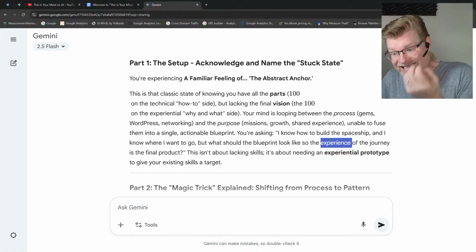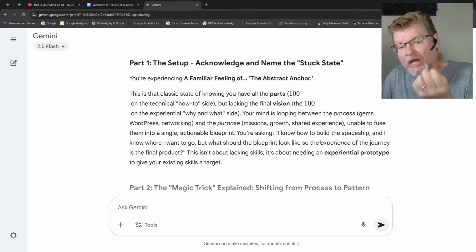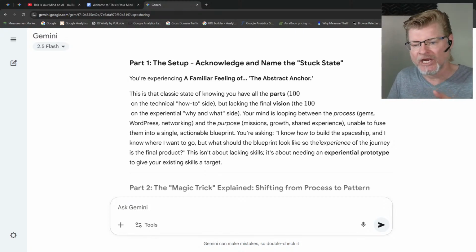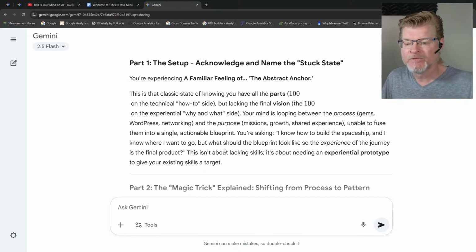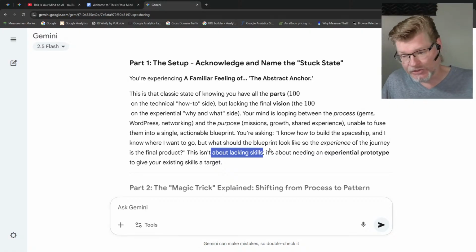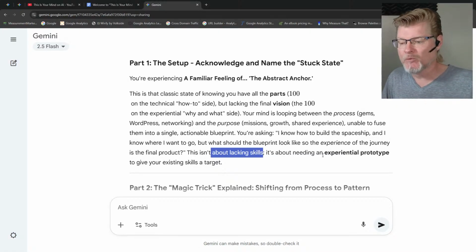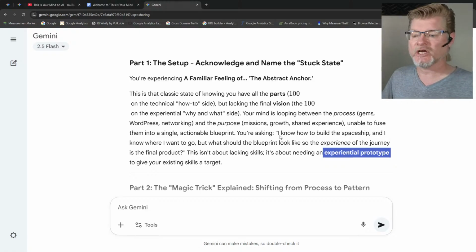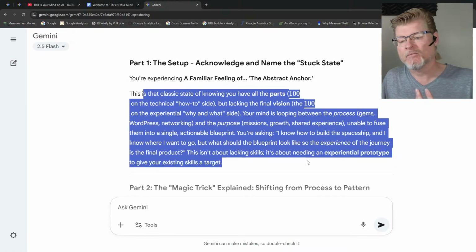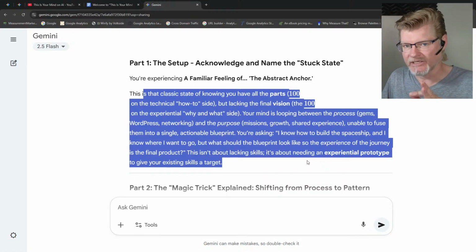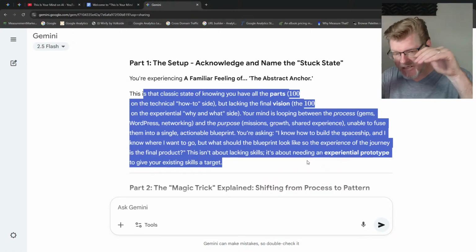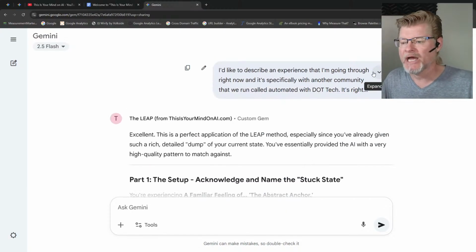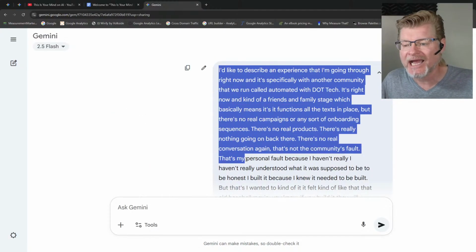So that's exactly what I do not know how to clearly define, which is why I'm not building this, right? And I need to get out of my own way. So this isn't about lacking skills, which is absolutely true. It's about needing an experimental prototype, which just makes sense, to give you an existing skills target. Okay, so this is it. So I am 100% aligned here. In my head, this communicated everything, and this is what I mean by AI, is everything I did here,